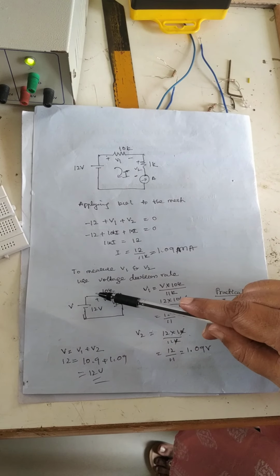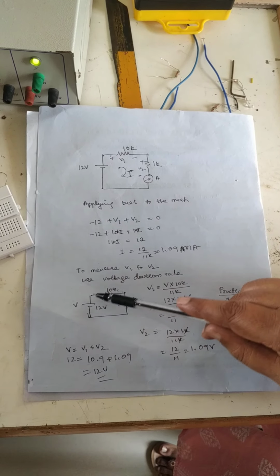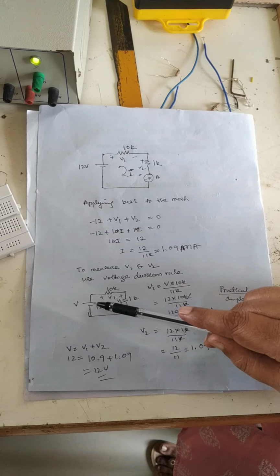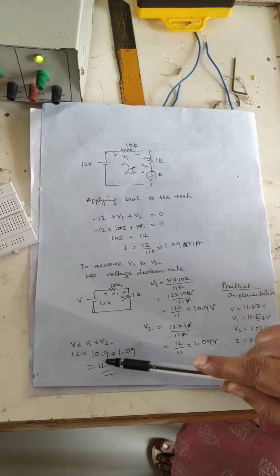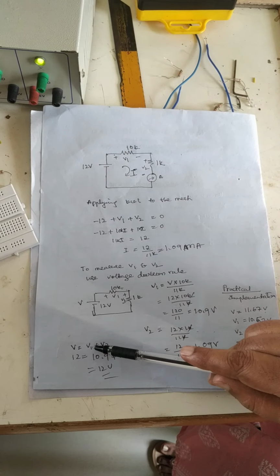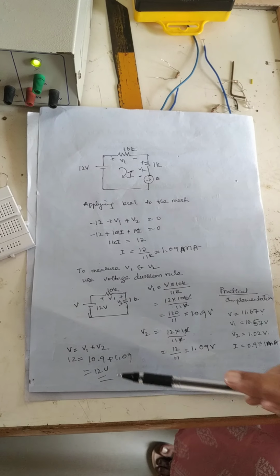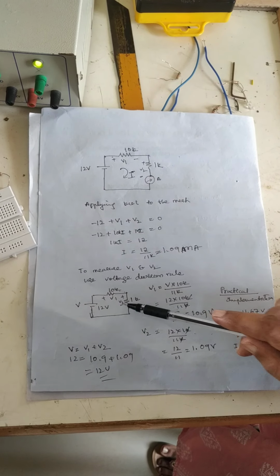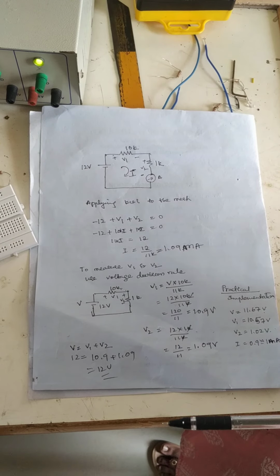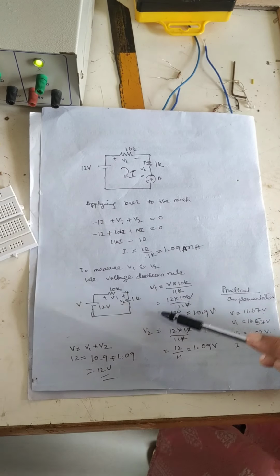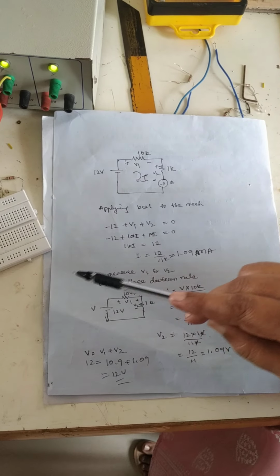See that V equals V1 plus V2. What KVL says: the sum of the voltage drops around a closed loop is equal to 0. So V minus (V1 plus V2) equals 0. Otherwise, capital V equals V1 plus V2. It is around 12 volts. This now we will implement on the breadboard.